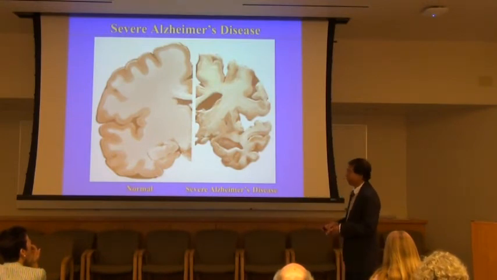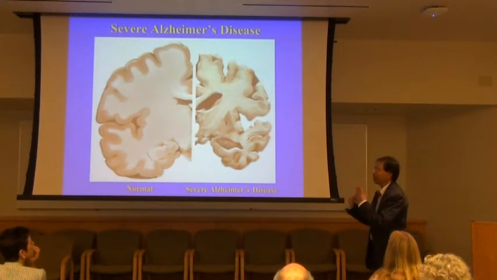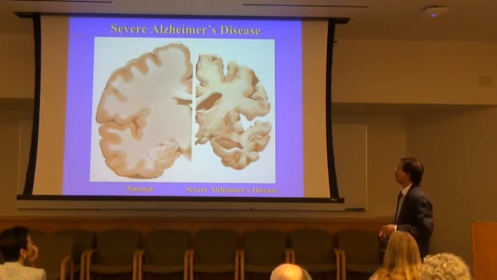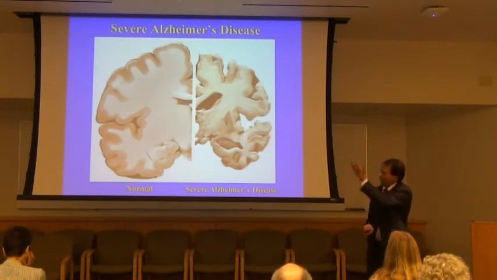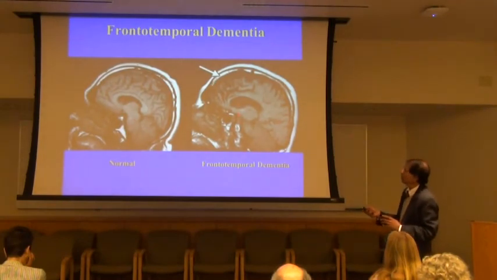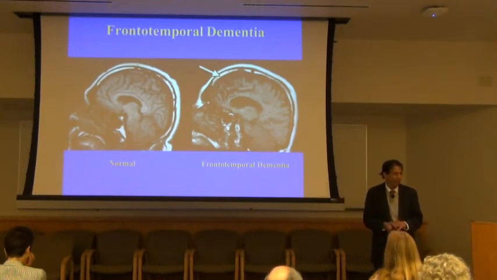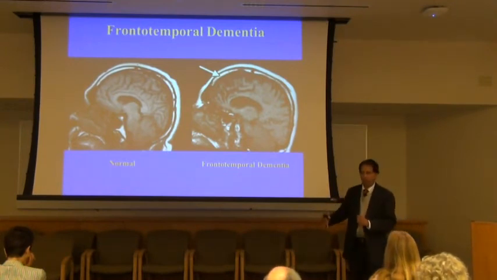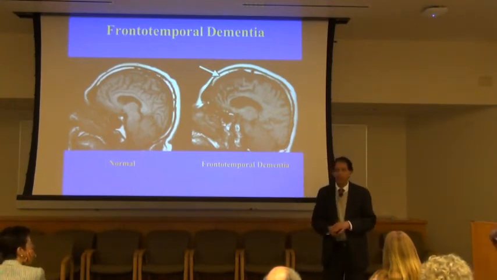For example, this is Alzheimer's brain. This is of course pretty severe, and you can see the whole brain has shrunk. There is atrophy and the increased ventricular space and so on, all over the brain. In contrast to frontotemporal dementia, where you see that mostly it is the anterior half of the brain that is affected, the posterior half is pretty intact. So here actually we can make a reasonably assured diagnosis by using some brain imaging.